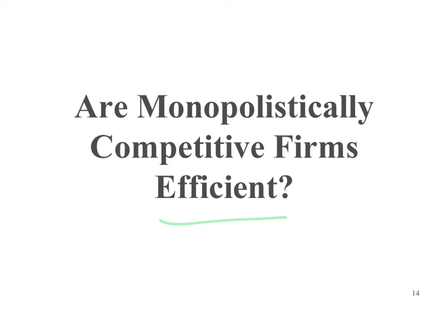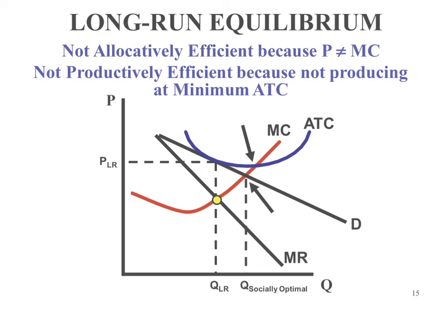Okay, what is this going to look like? And here is the bottom line: we do not have either allocative or productive efficiency. And why is that the case? First of all, if we wanted to have an allocatively efficient quantity, we would have to use the demand curve. The demand curve is what we're using for price, where P is equal to MC would be this quantity here.